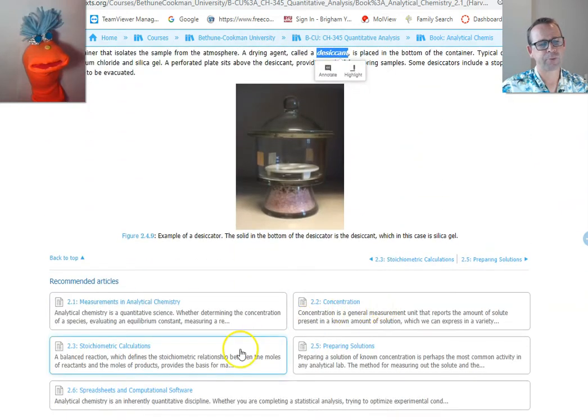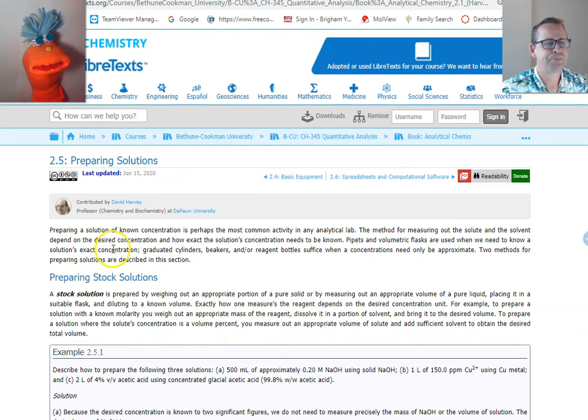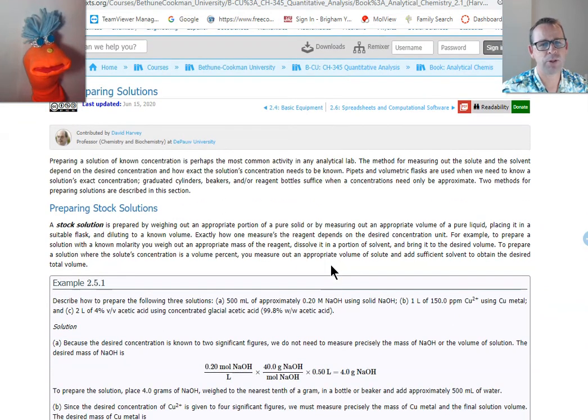Okay, very good. Now, on to section 2.5, preparing solutions. This is probably one of the most important things, and you're going to be doing it most actively. You're always going to have to prepare solutions. Oftentimes we prepare what's called a stock solution. This is a solution that is hopefully made of a standard, but not always, and it's of a higher concentration that we can always dip into and pull out for our chemical reactions later. The advantage of this is if I have 20 different chemical reactions that I'm going to be running over the next 2 days, 2 weeks, whatever it is,